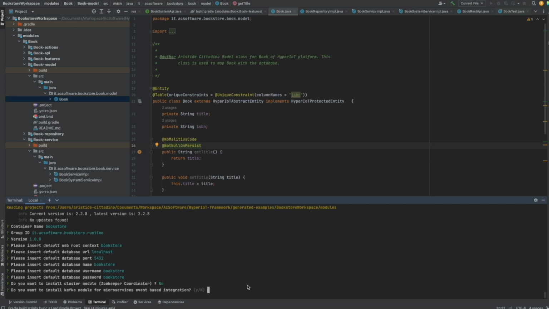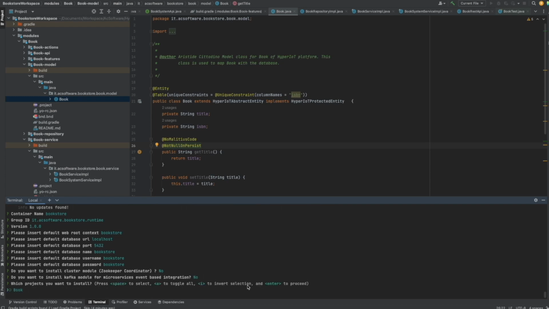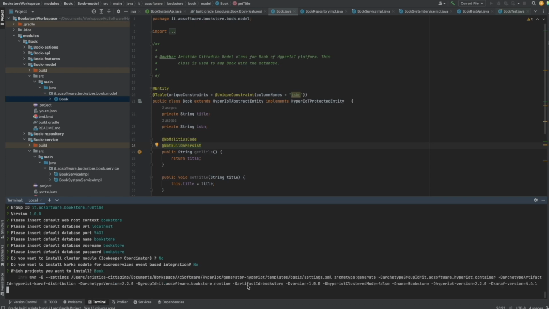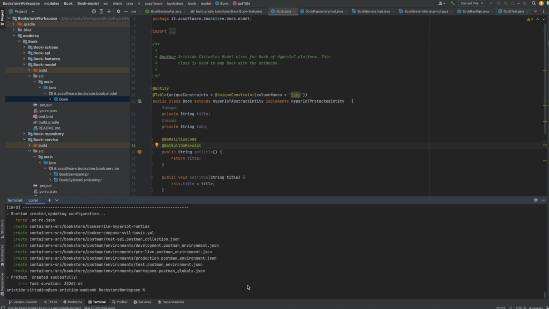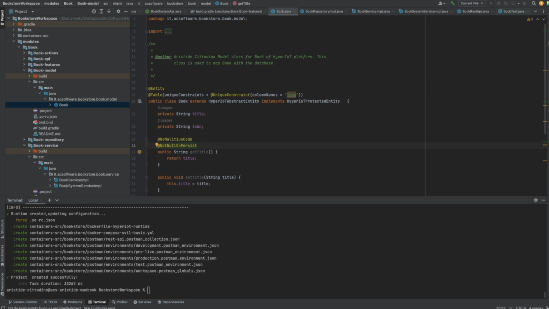We don't want Zookeeper for cluster coordination. We don't have event streaming integrations or Saga patterns, so we don't have to integrate Kafka for now. Which module do I want to install inside our custom distribution? Book. So everything is done. Okay, now if we go inside the containers folder, here